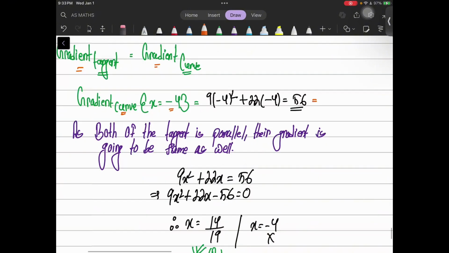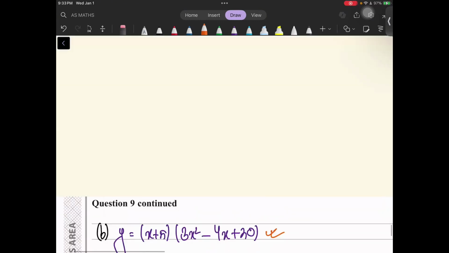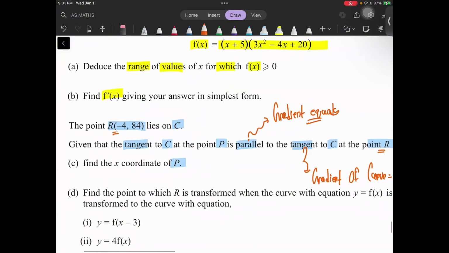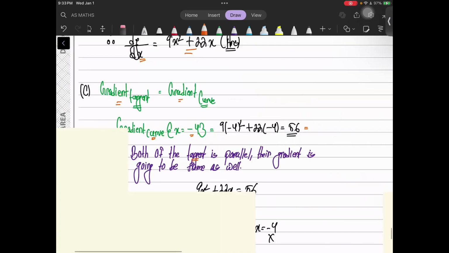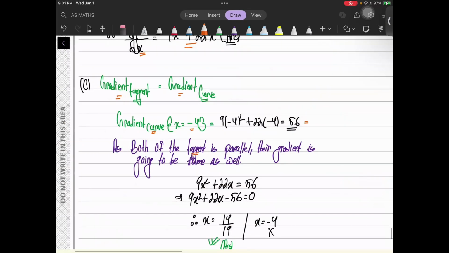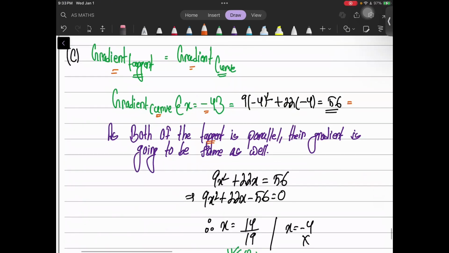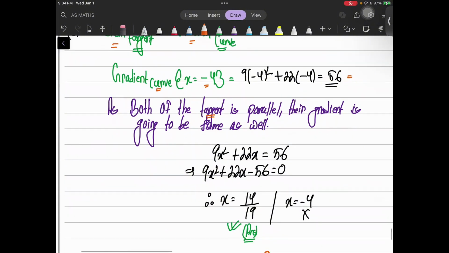Now you do not have one tangent, you have two tangents, one at P and one at R. First of all, you find the gradient of the curve from the point where the tangent touches the curve. From there you find the gradient of the curve itself. Once you have the gradient of the curve, the gradient for the other tangent is going to be